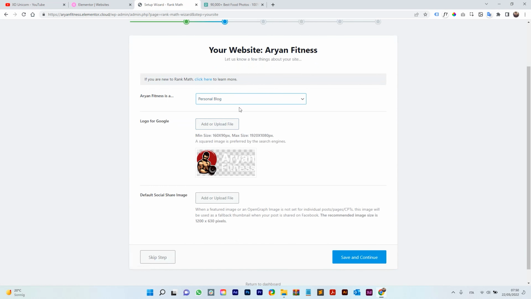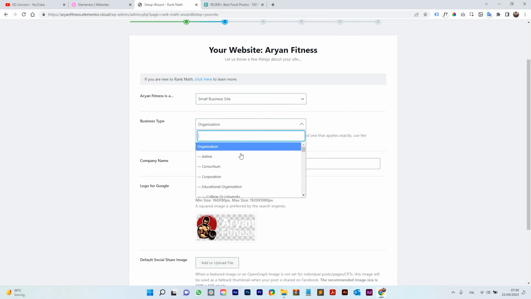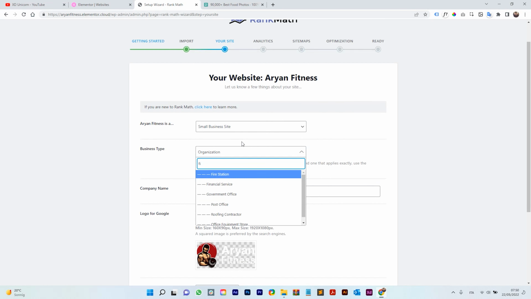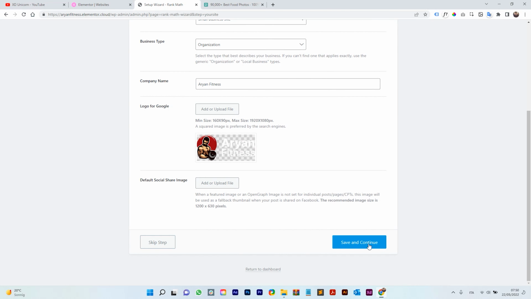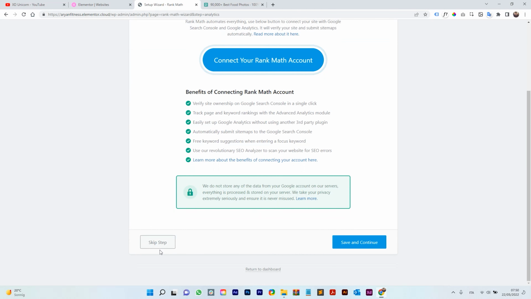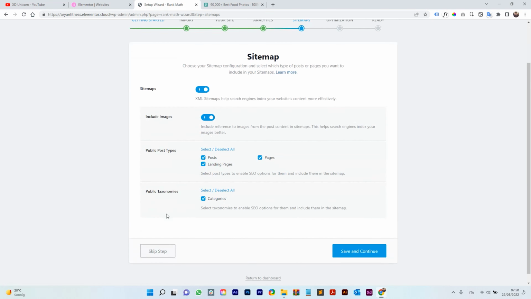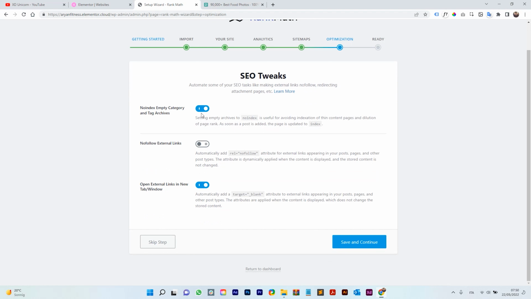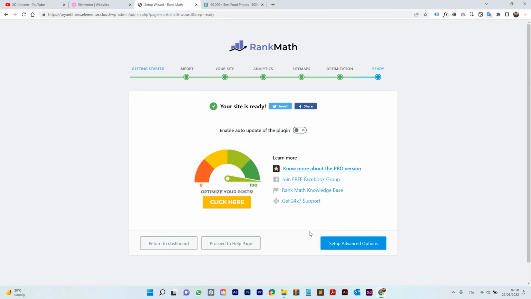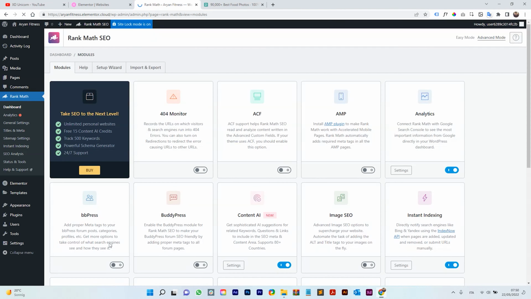Let me check. Here you can add your information for your website. This of course helps to categorize your website. And then, yeah, I'm going to search for organization like that. You have your logo. You can also add the social share image. I'm going to skip those. And then here, more options. I usually keep everything like that, and I think I'm good to go. Again, here, save it and continue. And yeah, we get here. So we can go and return to the dashboard. As you can see, Rank Math offers a lot of tools,